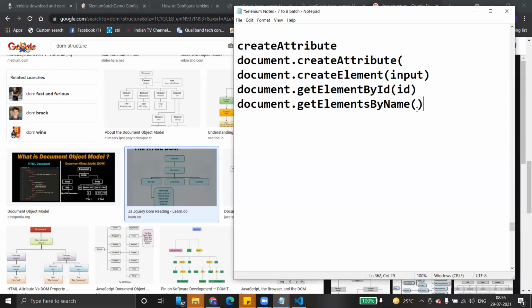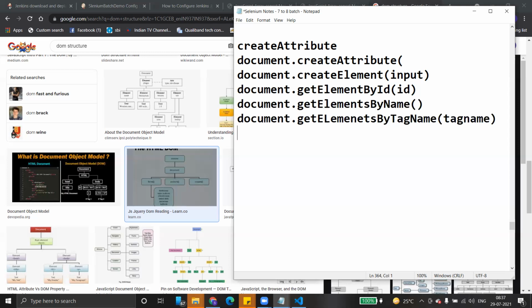Similarly, there are many elements with the same tag name. We can use document.getElementsByTagName, and we have to provide the tag name. That's all. So these are the very frequently used methods.